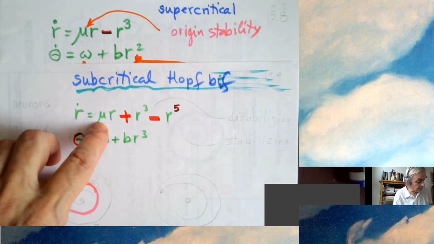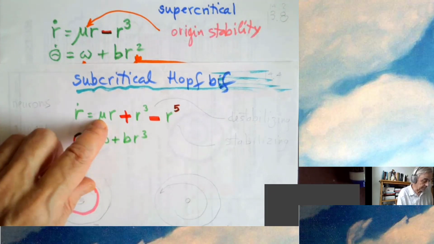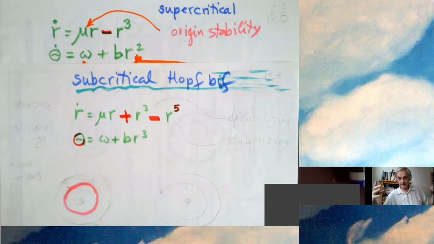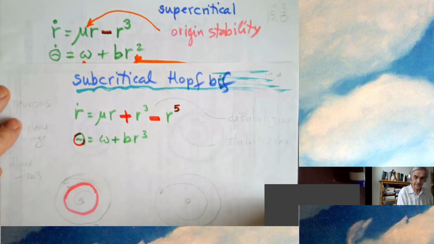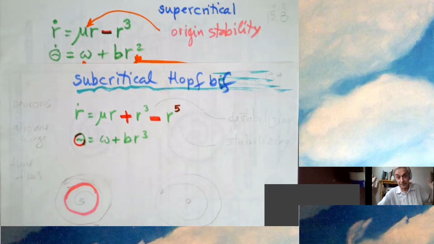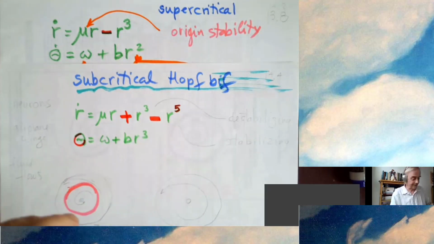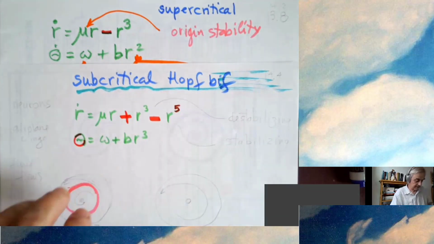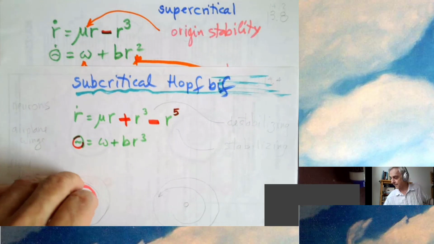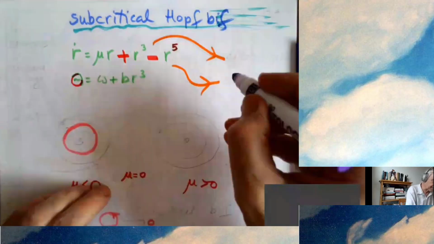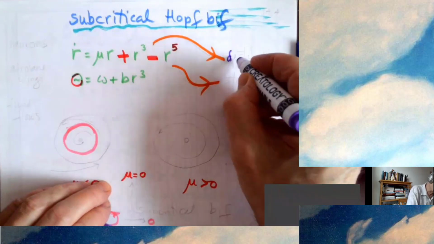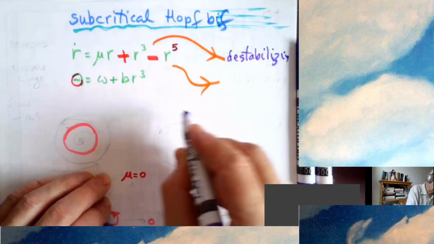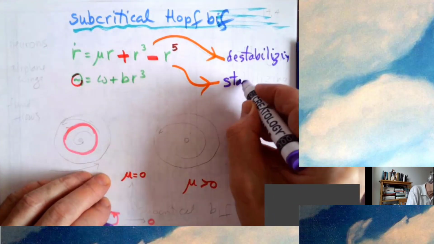Those systems, when mu is positive, would explode like crazy because these things won't balance themselves. To mimic the real world, when you're not allowed to move at neuronal speed larger than the speed of light, or you have limited energy to burn, then one has to put in an extra phenomenological term. This term is destabilizing because it increases the distance from equilibrium. And this one has to kick in and stabilize the system.